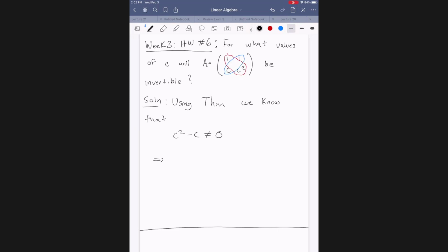Okay, well, from there you just factor out c minus 1, and it cannot be 0, or in other words, c cannot be 0 or 1. So, I mean, that pretty much solves the solution. So, one thing I want to point out is